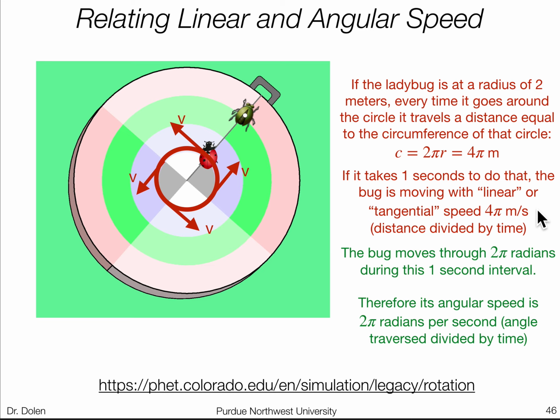In the same time period, it also has angular speed, meaning that it's going through some amount of angle in some period of time. Its one complete circle is 2 pi radians, so the angular speed is just 2 pi radians per second. So we want to be able to note both of these concepts and also convert between them. So in order to convert between them,